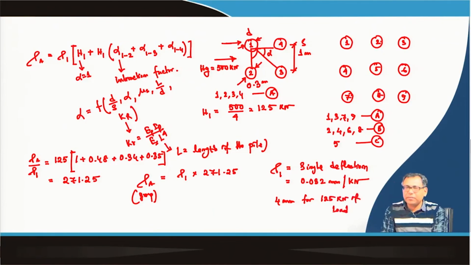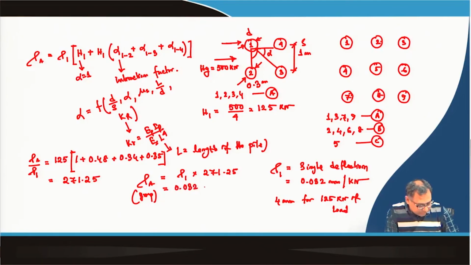So, you can get it for per kilonewton, and then you can determine rho 1. The interaction factor is a non-dimensional parameter. So, if I multiply 0.032 into 271.25, it is per kilonewton, then the deformation will be equal to 8.68 millimeter for this